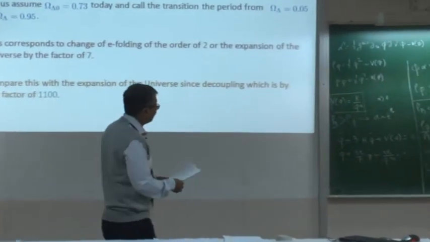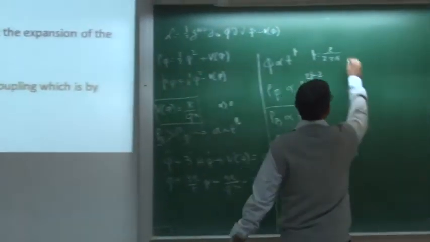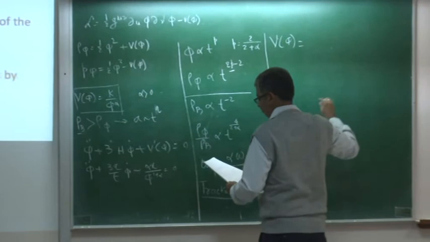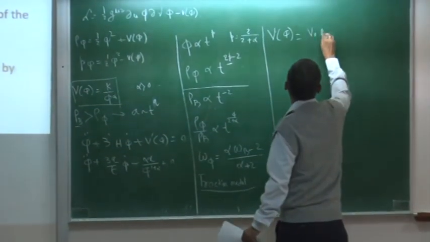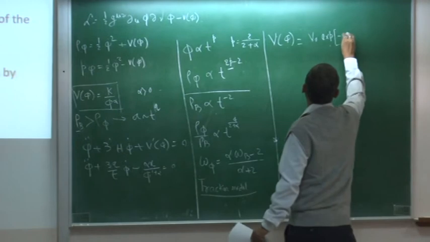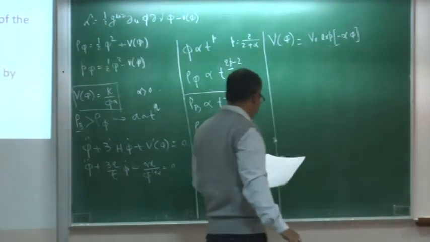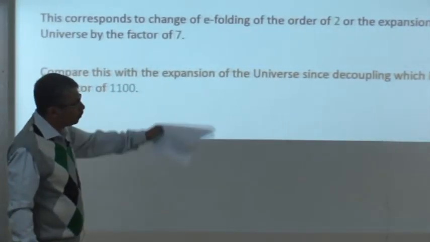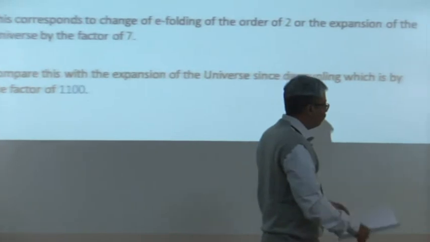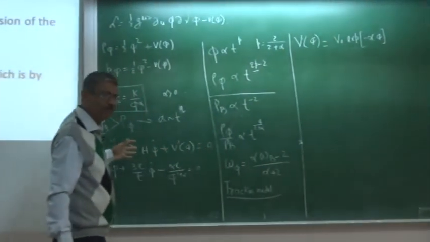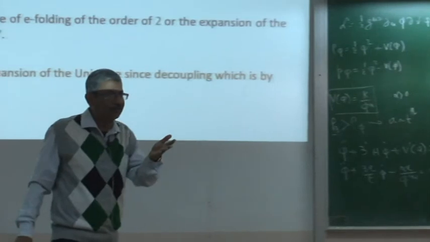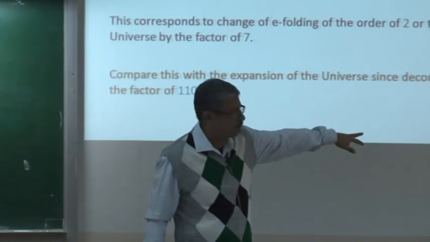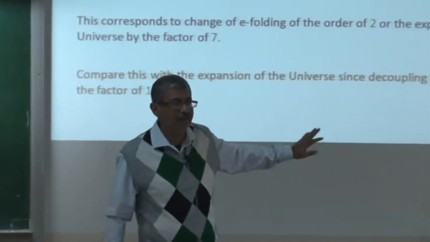So there is another potential which is interesting actually. It is just an exponential potential. Let's say I have a simple exponential potential. If you put the exponential potential over here, it will be very easy to solve. In fact, the exponential potential, as maybe you also learn in the equation, is the only potential which can actually solve this equation of motion analytically. You can just solve it analytically.